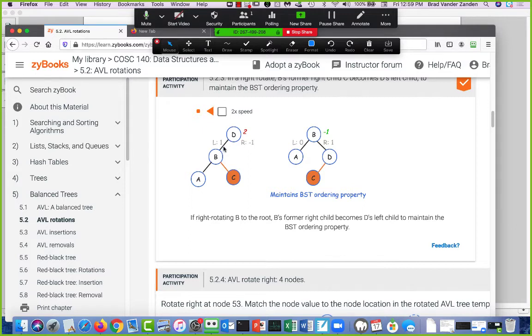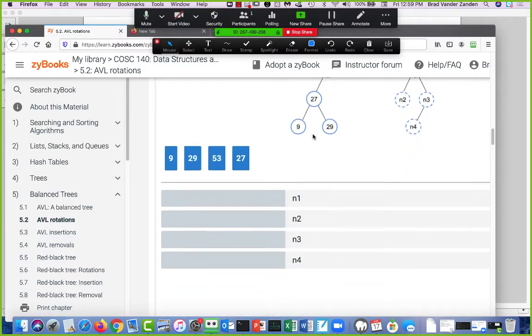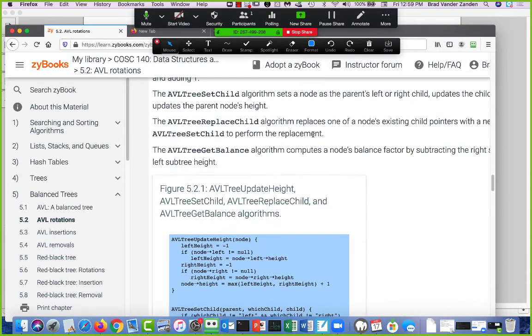First of all, we are making D a right child of B. We are taking C and making it a left child of D. We're also going to have to update parent pointers. So C's got a new parent D, D has a new parent B, and actually B has a new parent as well. It's no longer D, but whatever D's parent was. And also, we're going to have to make B a child of that parent. So if we go and look at the code,